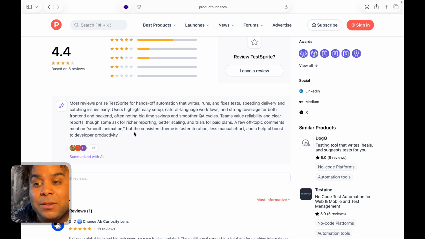Because that's what people are asking for. Another thing was trial periods for paid plans. If they don't offer trial periods, you guys will offer trial periods. Better scaling. So they want to make sure that they can do multiple products at the same time. And so as you see here,